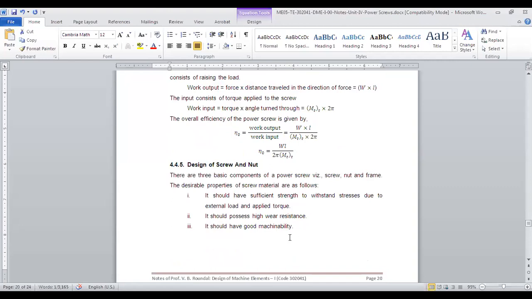Okay. So I have a 17 minute numerical after this on the design of a C clamp. But before that, we have 10 more minutes. So I will try to cover the next theory part, that is design of a screw and nut. For any design of a screw or a nut, what kind of different forces or stresses act in it? Because this is the topic. What are the stresses in a screw? Okay. So we'll try to identify that, and then we'll take a numerical on the C clamp.